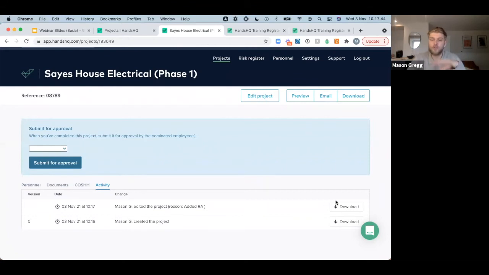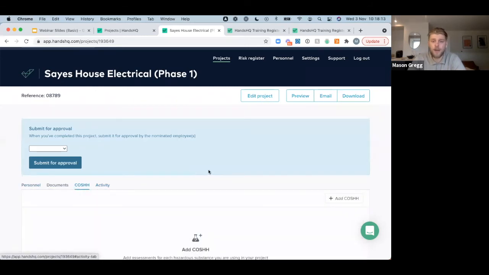What you can also do is download your documents based on the historical document. So as and when changes are made, you can still go back to that previous document. So really handy if there was ever an incident or near miss on site. Insurers do love this because you're able to show pre-incident RAMS and then post-incident RAMS as well. So show how you've mitigated the risk for future projects.